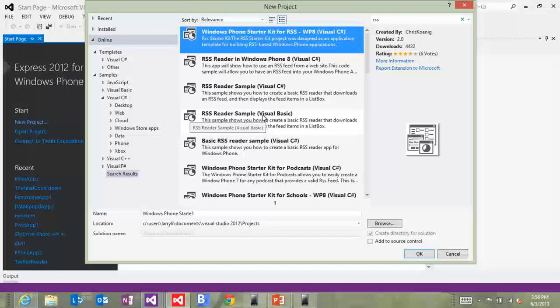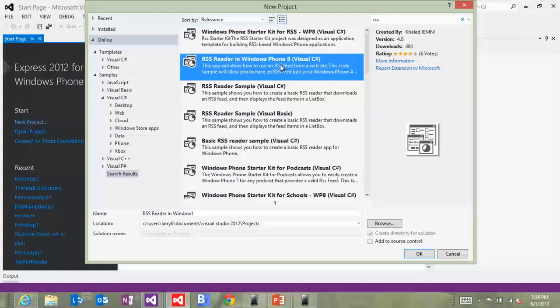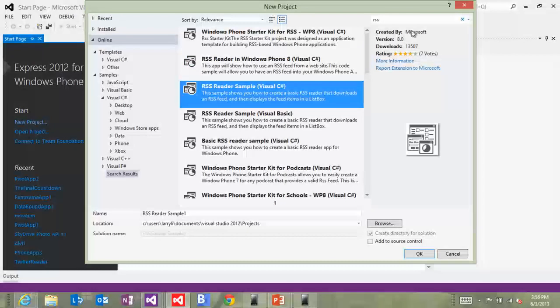We have hundreds and hundreds of samples we've published; these correspond to samples published on code.msdn.com. They're not all from Microsoft, note. This is a shared source place, but many of them are. And if you are looking at one that is from Microsoft, you'll see here created by Microsoft. And you just click OK. How many people knew about this? Wow. So we're the kings of releasing features that people can't find.